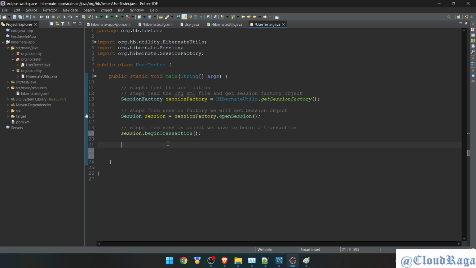It is mandatory and you have to do this if you are working in a stand-alone application. Right now we are not getting any support from web or any of the big frameworks, so Hibernate is alone here, and that's how you create the instance. Okay, the next step, which we will do later, is step 4. In step 5